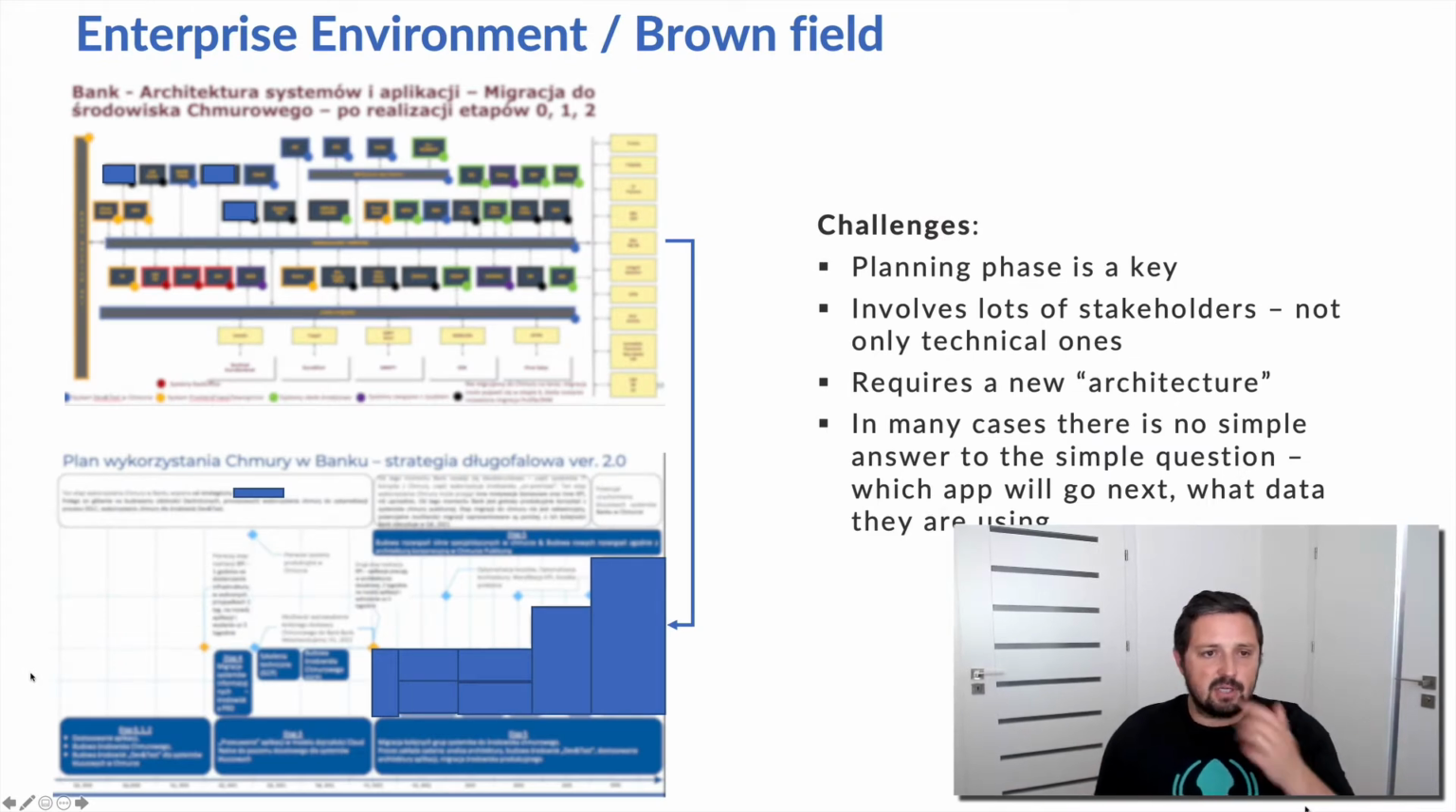What's even more challenging is that in a financial institution's environment or enterprise environment, building a strategy of how you want to migrate your workloads to the cloud involves lots of stakeholders, not only technical ones, but also business ones, with whom you would like to talk about this new architecture. I mean new architecture because in most cases you cannot pick apps as it is shown